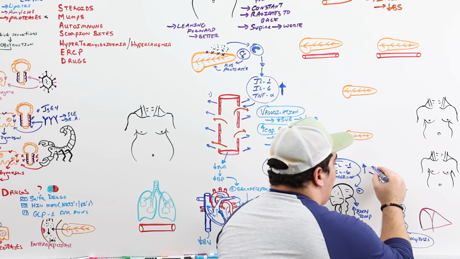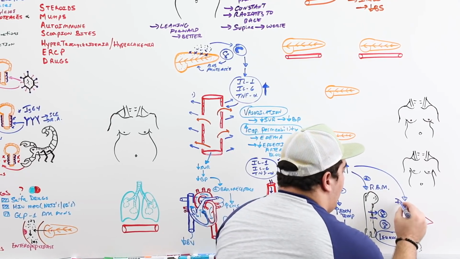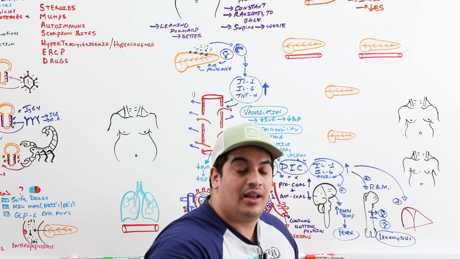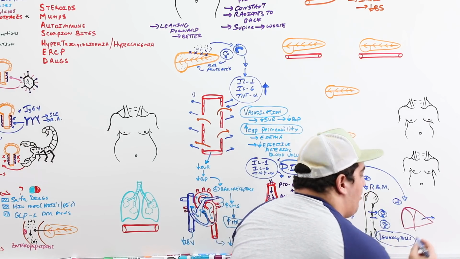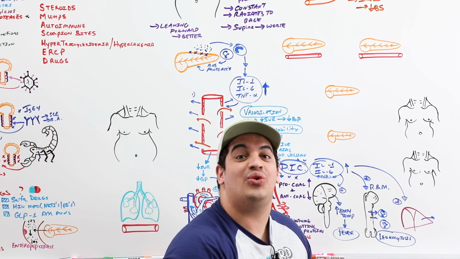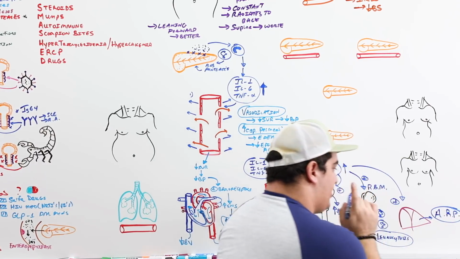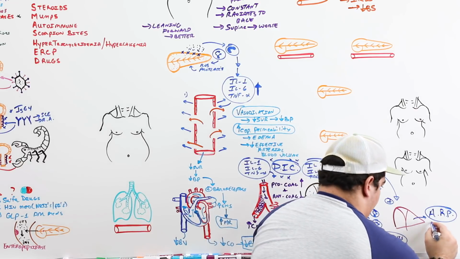What else? These cytokines can also act on our liver. And it can tell the liver, hey man, lots of inflammation going on. You need to go ahead and alert other parts of our body to let them know. And so the liver releases a bunch of different types of protein called acute phase. What are these called? Acute phase reactant proteins. And there's some very, very specific ones that I want you guys to remember. The big one here is called